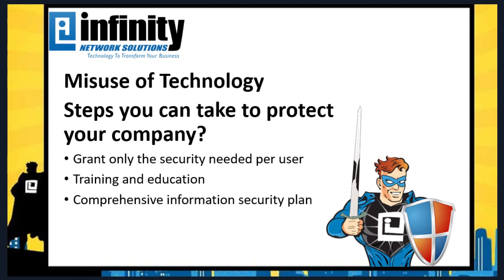Comprehensive information security plan. We talked about the annual review, but the annual review should be a review of how you are actually aligning with your security plan. Take the time to decide who needs access, how they're going to be grouped together. What is the policy you have for when an employee leaves? How do we make sure they're removed? Actually take the time to have a comprehensive information security plan that addresses these.